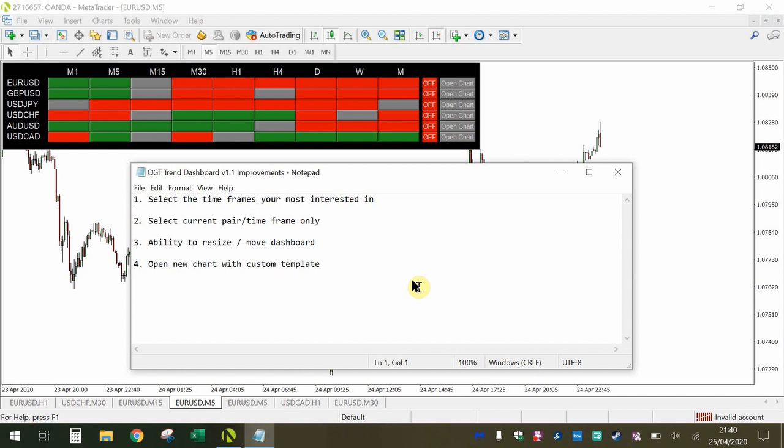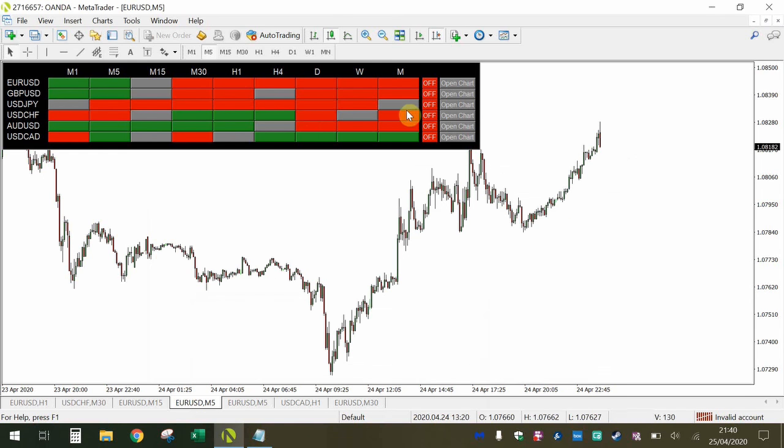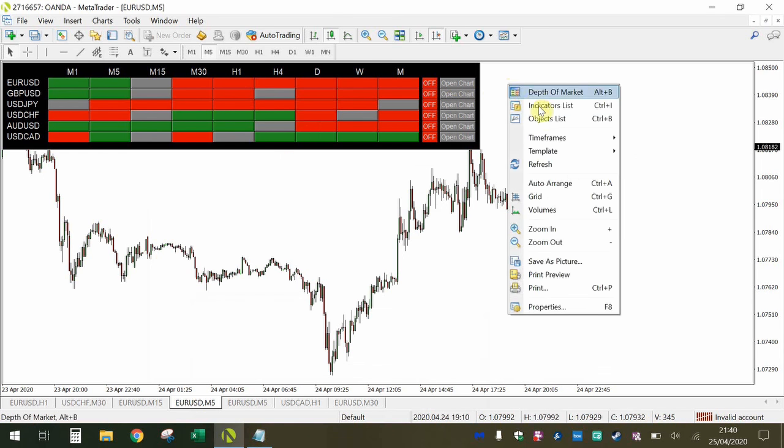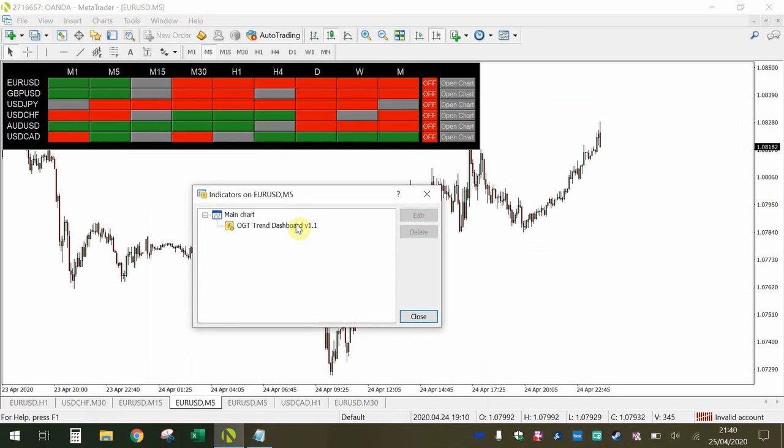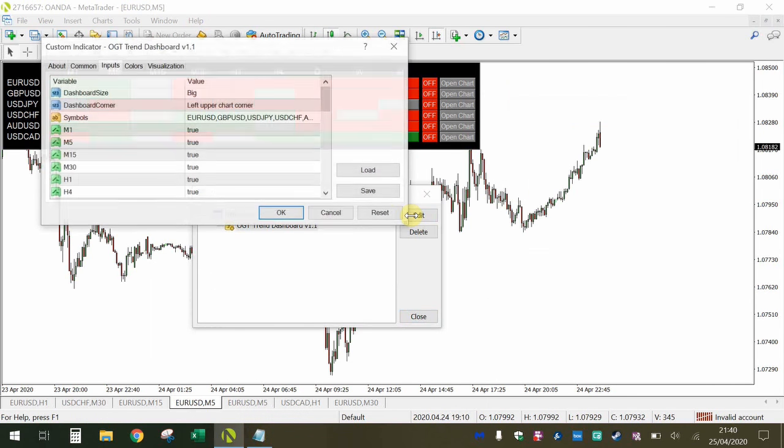So we'll go through these one by one. The first one being selecting the time frames you're most interested in. Again, the original look and feel hasn't really changed that much. If we go to the indicator settings and go into version 1.1,